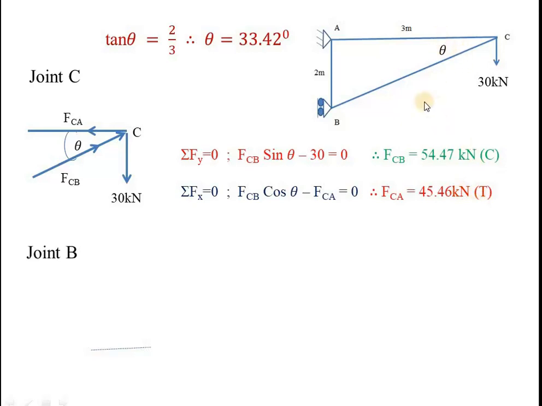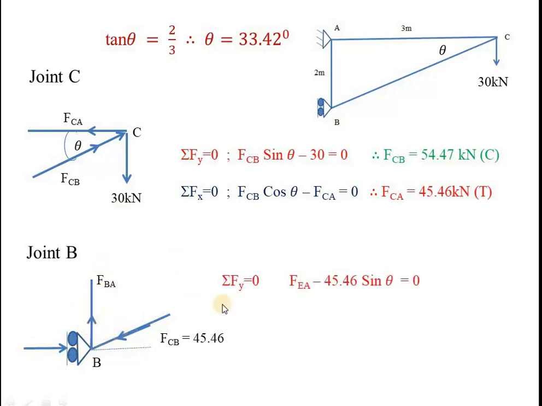Now if you consider these, only three members are there. To calculate this member without this reaction, I will take it like this. This is known to you now, already calculated 45.46 from the previous joint. This reaction is, let it be there, and this is the force in the member BA. This is down, which means this is up. If I write sigma Fx equals 0, I would need to calculate this, but I don't want to calculate that. Directly I will calculate by writing sigma Fy equals 0. In sigma Fy equals 0, you will get only this and this. This is plus FEA, and this is down, so it is 45.46 into sin theta. Theta is 33.42. If you solve for that, you are going to get FEA equals 40.46 kilonewton tension.